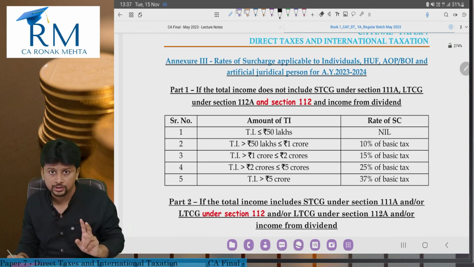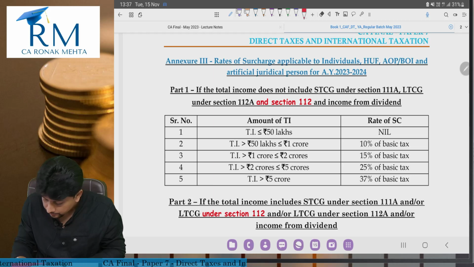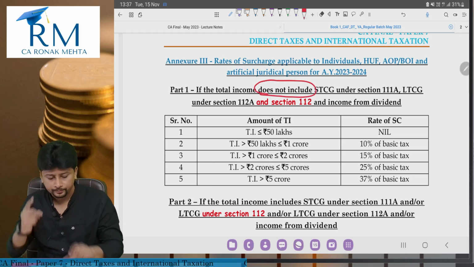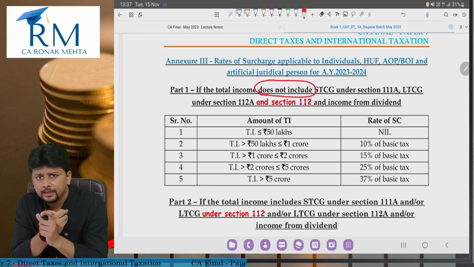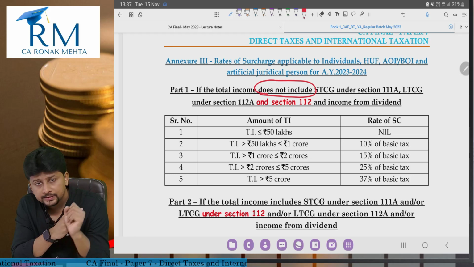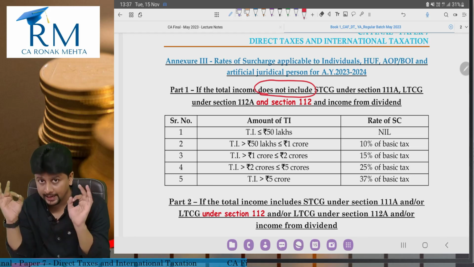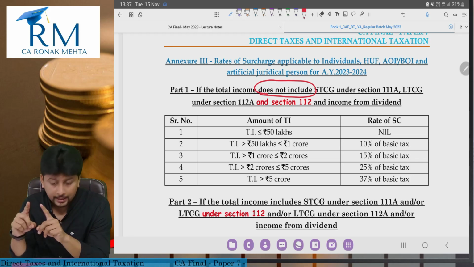Two types of surcharge calculations. One, where your total income does not include short-term capital gain under section 111A, long-term capital gain under section 112A, dividend income,